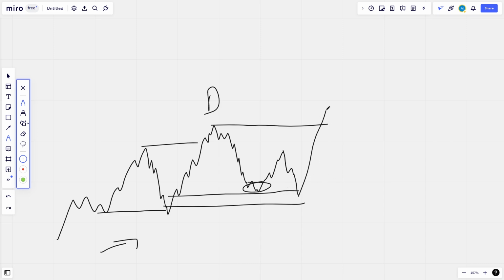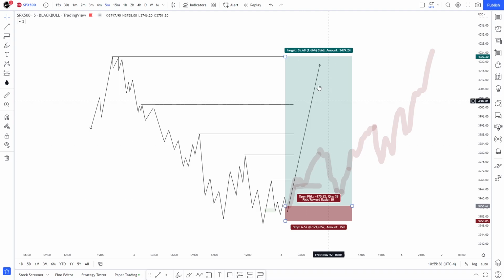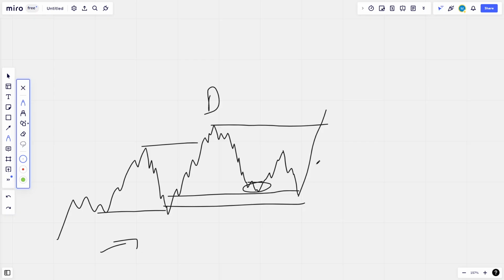So the expectancy is for price to get all the way up there. We believe that the market can definitely go higher from this point, not necessarily from our entry. Let's keep that clear. But from this point, we understand that price can get all the way up to this, or at the very least up to this. But the target that I'm showing here is just something like this. I suppose a bit of a high, low, and this is what I'm aiming for. That's already 10R. So you can imagine how much this is, and this, and that. So we are at a pretty good area to try to buy.